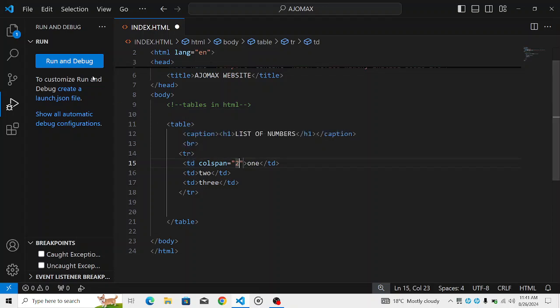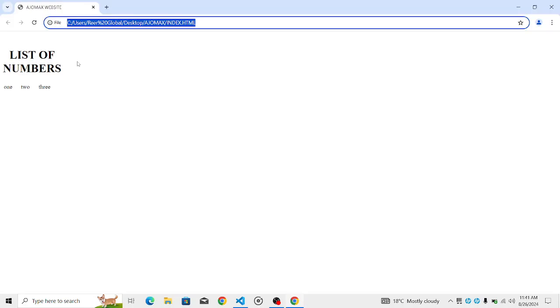So when I run this program here, I should be able to see that difference, and that will appear on my web page. So you will realize that the space between 1 and 2 will increase